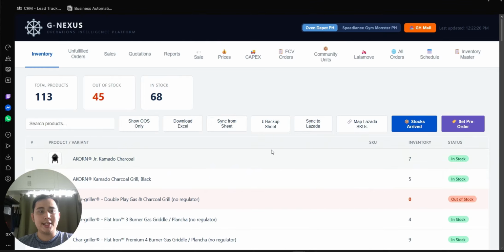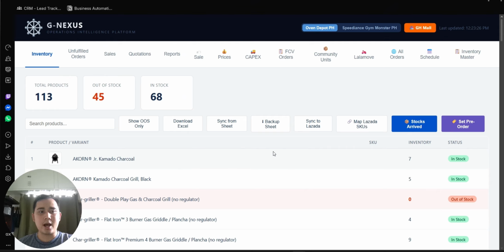These two are basically the most important features of this app. Initially, before I was with this client, they were paying 20,000 pesos a month as a subscription for a web tool to synchronize their inventory across different channels.